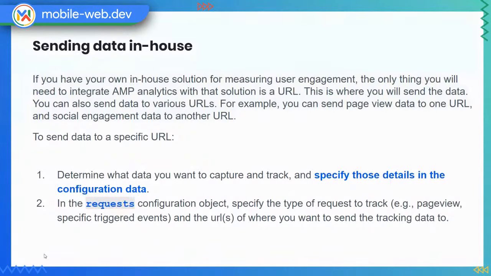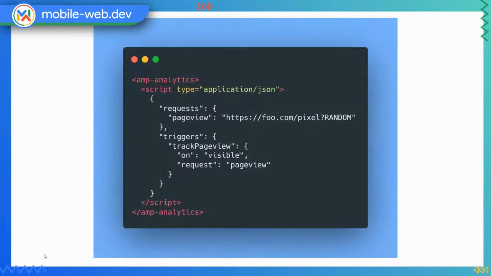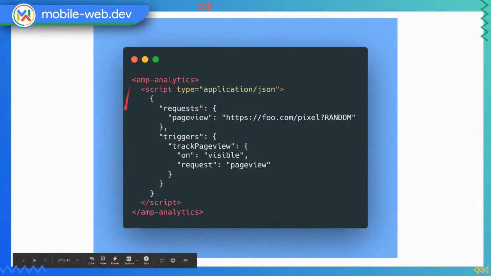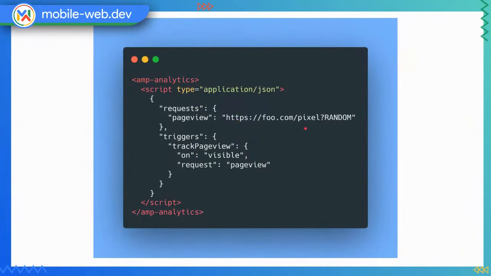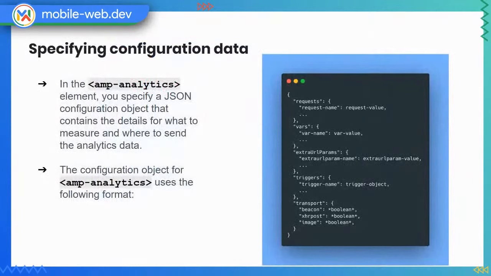So send data to a specific URL. This is for sending data to an in-house data request. Again, you can use the XHR request for this. Let's see if there is a live example for that. This is the custom AMP analytics that we are using to send the data. For example, if you have set up your own backend Python server which is going to capture the requests, you can just add page view and the name of the thing, and then you can track various events that are going on. This is not something that you would do on a normal day. You can just use AMP analytics for most things to track how many pages they are tapping on and things like that. You can also do some more configuration in the analytics.